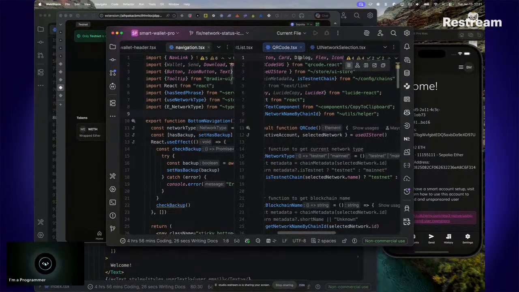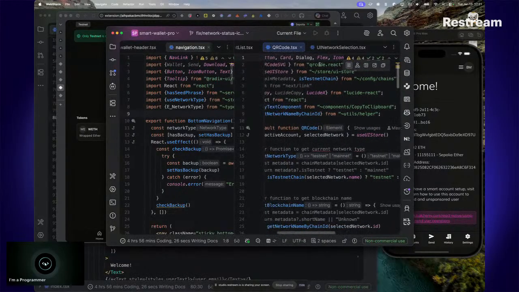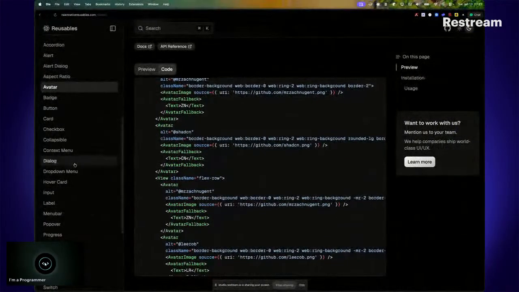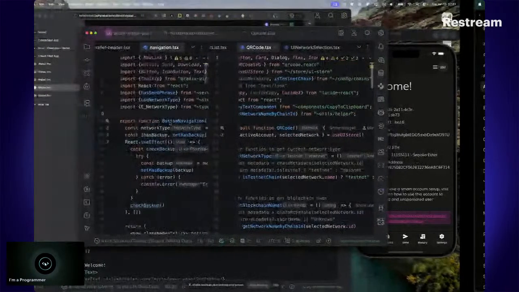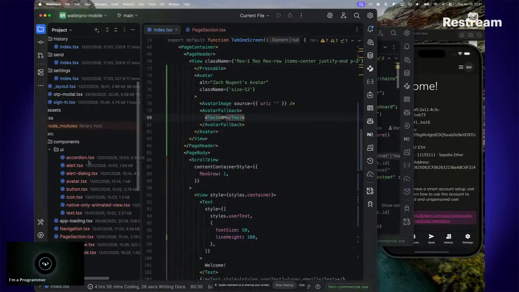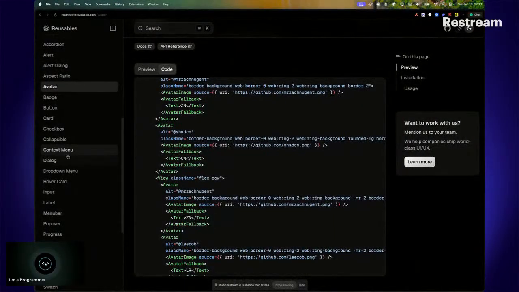We're going to need the card dialog. Yeah, Flex doesn't exist here, but it exists in Radix, which is a good thing to have. Okay, so let's say dialog, cards. But before then, let's look at some of the things we already have installed. Some of the things we have installed are the alerts. We have the alert dialog, but I need the actual dialog